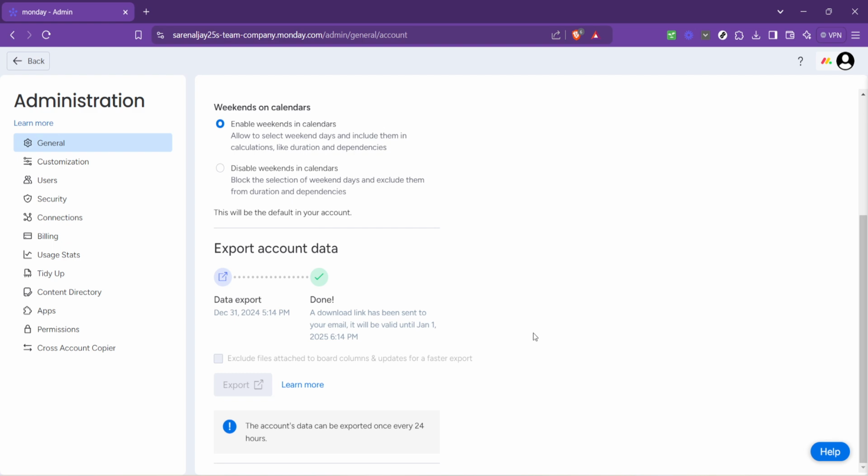Upon clicking export, you'll be prompted with choices on exactly what data you'd like to export and how. This part of the process allows you to tailor the export to your specific needs, whether that be for backup purposes, to analyze your data externally, or any other reason you might have. Remember, the goal here is to make your data work for you outside of monday.com's environment in whatever way